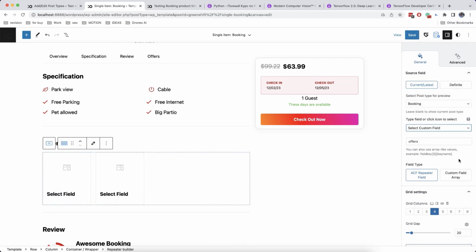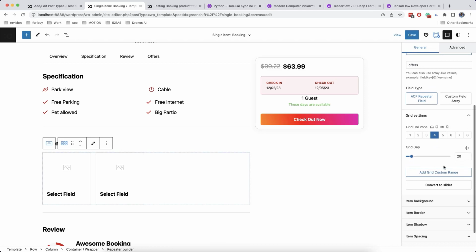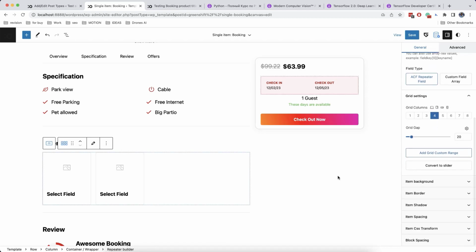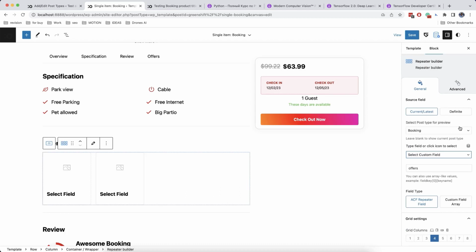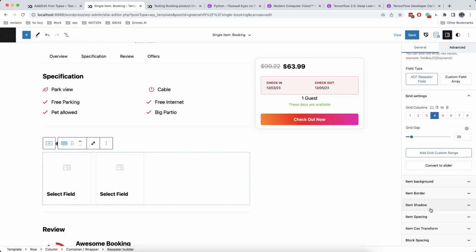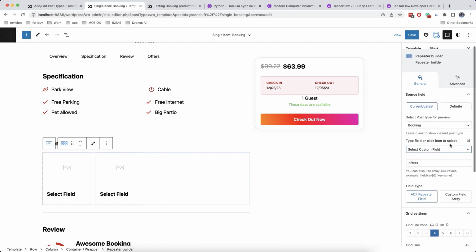Repeater builder settings are very similar to query loop builder settings. Here we have the same options. The only difference is that here you need to select a field and not the selection of your posts. So once you have selected the field, the data in the block will be updated, and now we can click on Edit here,